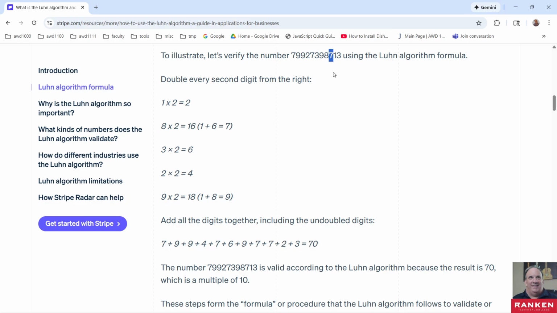That's not every second digit. So we're going to just drop that down here. So that's right here. Then the next one over here, an 8. And since this is an 8, this is a second digit, right? The next second digit. And so here, the way you do this is you're going to take 8 times 2